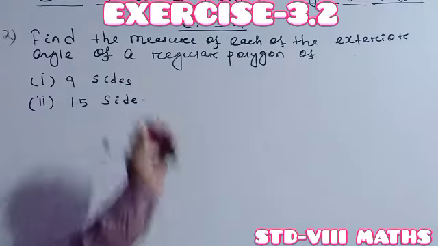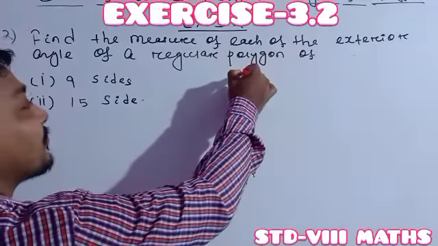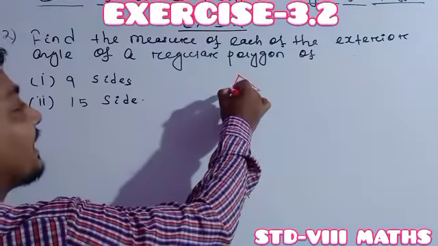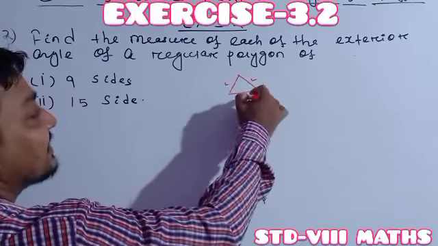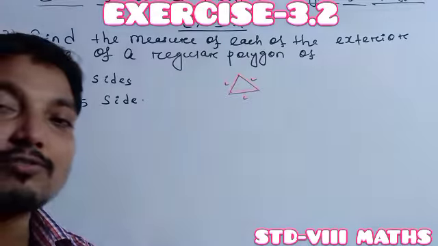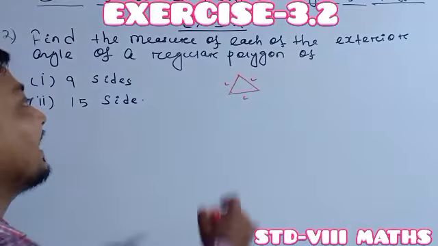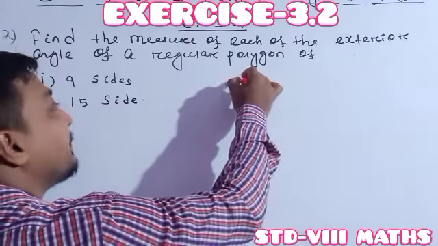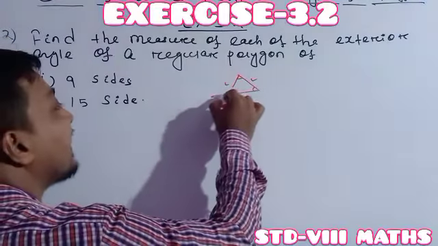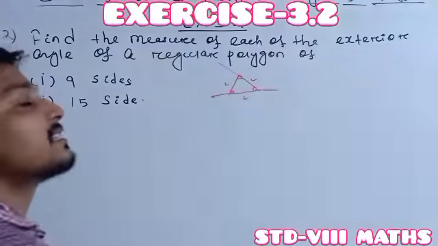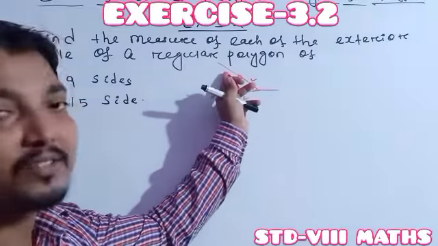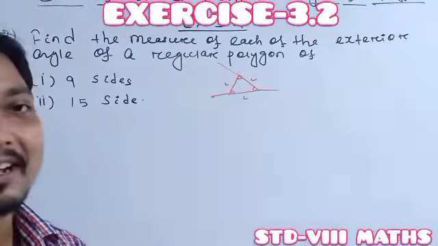Before we solve this question, I want to show you an example. Suppose this is a triangle, a regular triangle. A regular triangle has 3 sides and also 3 angles. A regular polygon has as many angles as it has sides. All the angles are the same, which means the interior angles are the same, and as the interior angles are the same, the exterior angles are also the same. 60 here means this one is 120 degrees, this 60 means this one is 120, and this 60 means this one is also 120 degrees.